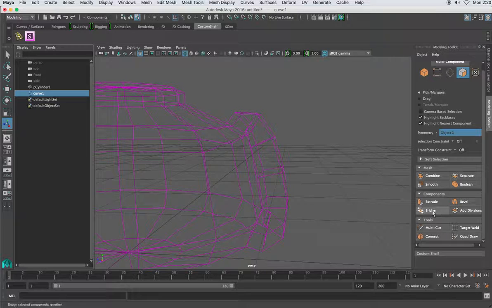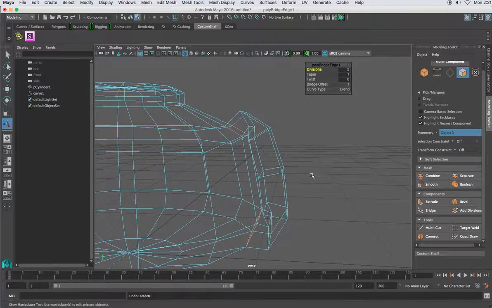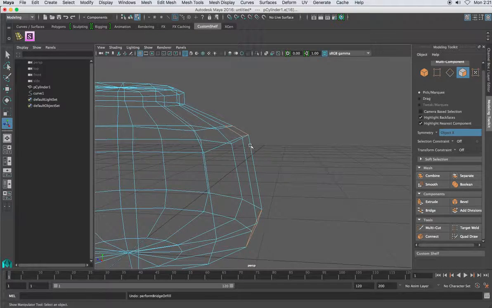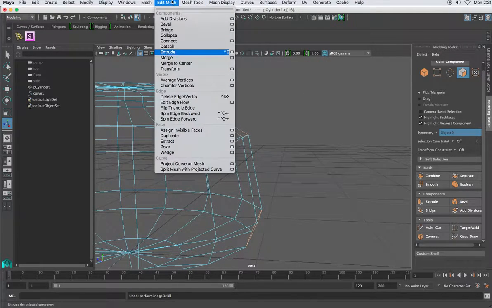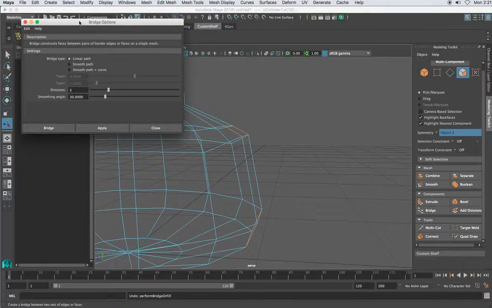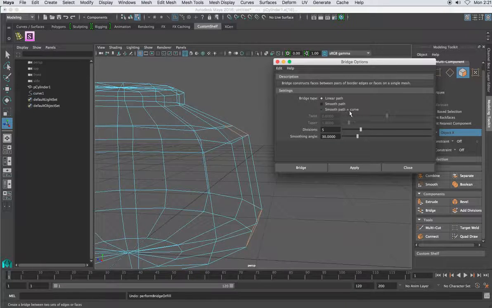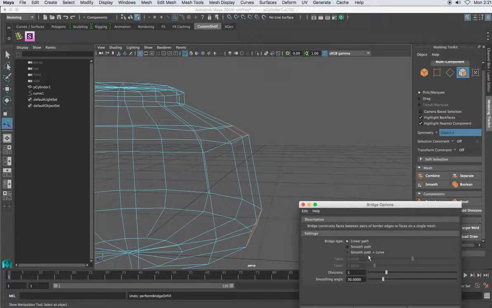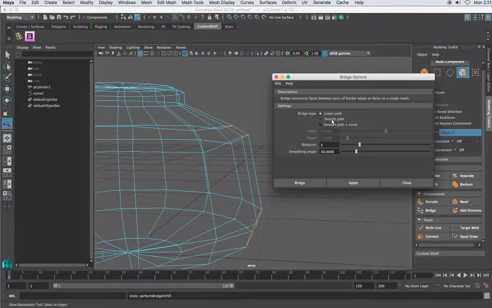But I think we would have to specify in the bridge options that we want to keep our curve. So I'm going to undo. Alright, and then go to Edit Mesh, Bridge option box, and there's a thing that says Smooth Path plus Curve. You know what? I wonder if I were to go back, if I could. I probably just select the Smooth Path instead of Smooth Path plus Curve. So we want the curve, and we hit Bridge,